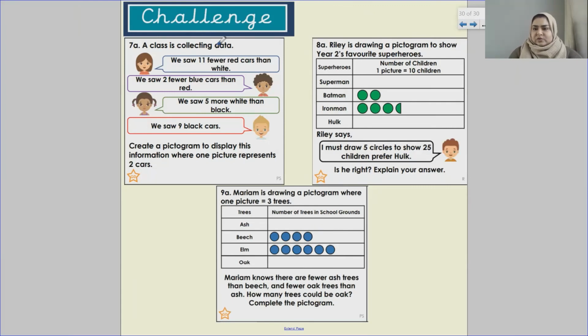So what I would like you to do is pause the screen on the activity which is best suited for you. And do not forget to upload your work onto